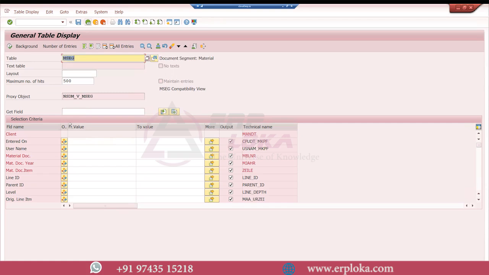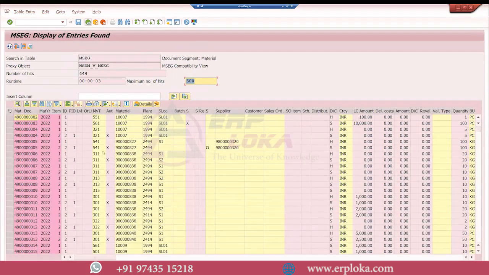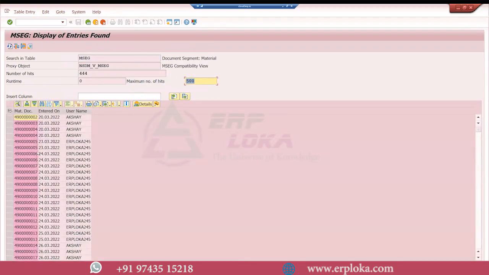This username, you will not find as the name of the person. It will show the system ID. Like you will see ERP Loca. You see here. If you go back and select just that functionality, it will be easy to view. Okay, we select. You see here, you will be able to see which SAP ID has created this material document. You won't get the name, but I want the name of who has posted the